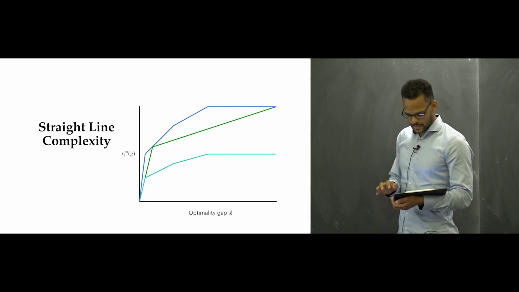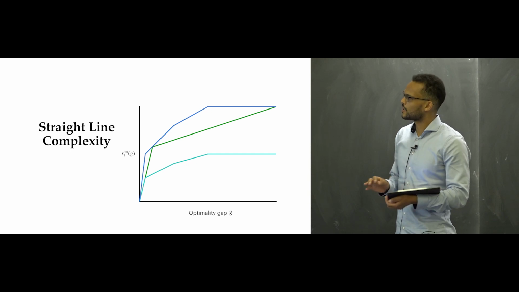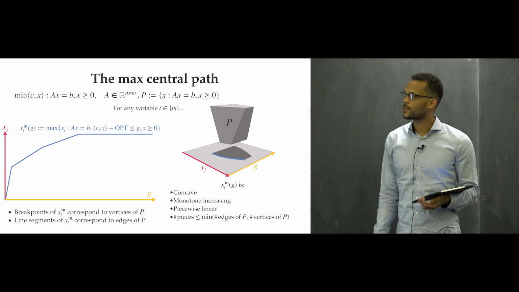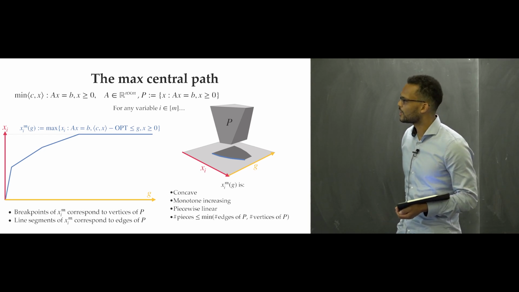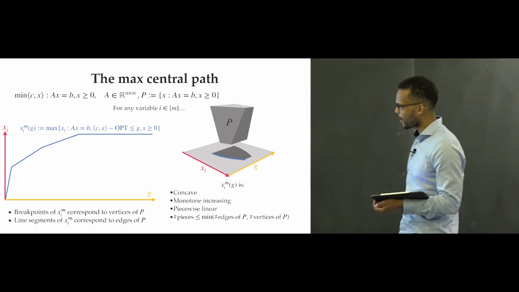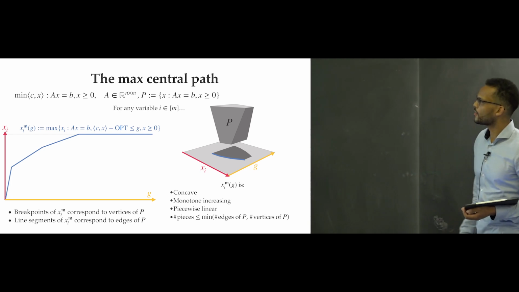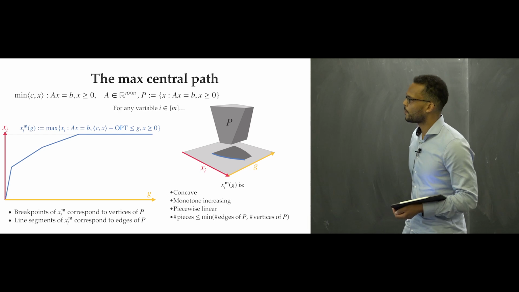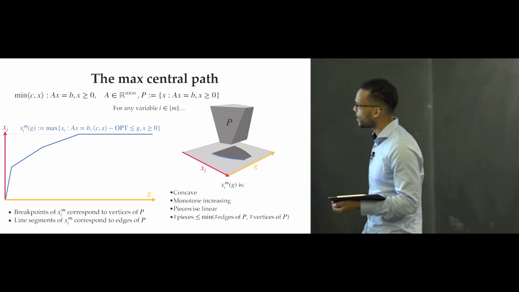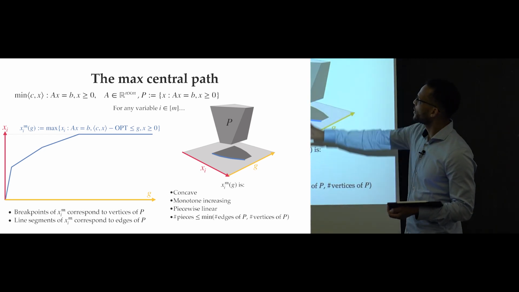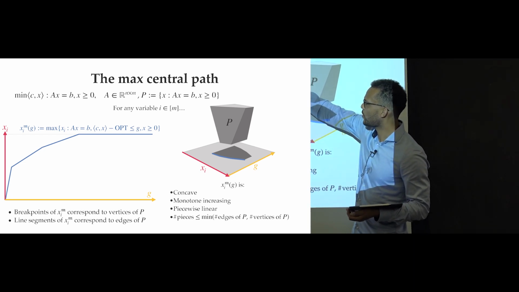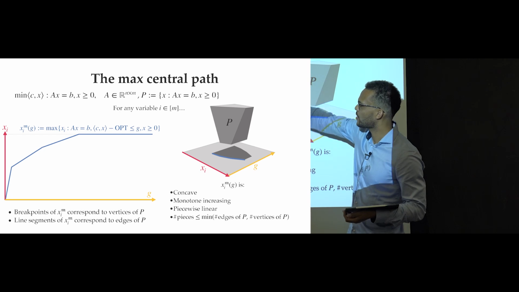The nice thing about this straight line complexity is that it's a purely geometric measure. You don't have to understand anything about interior point methods to understand this measure. So how would it be defined? There are several equivalent ways of defining it. Maybe the straightforward way with formulas would be the following. Here we have our primal formulation of our LP. And now for any variable i,